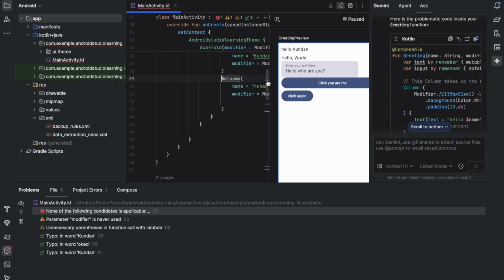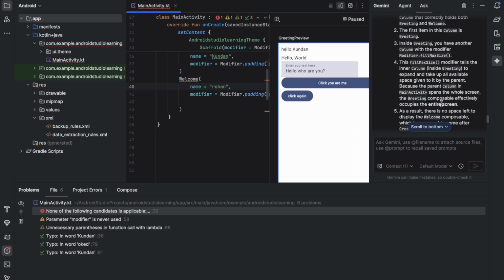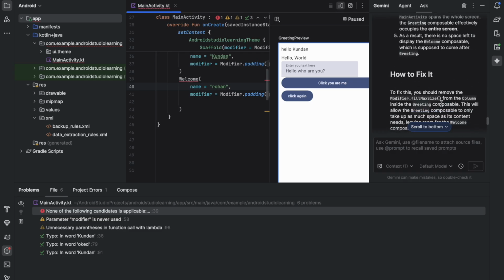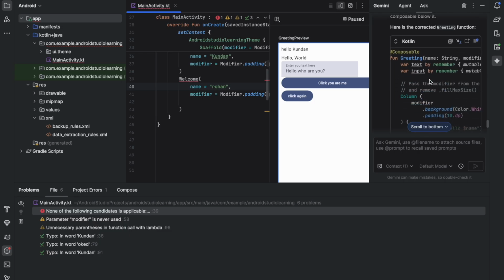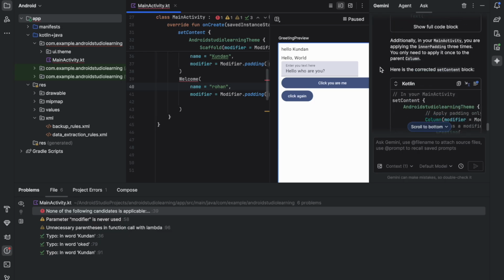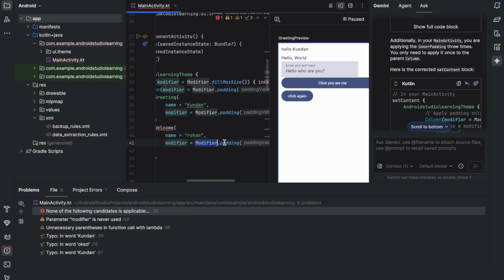The main problem comes here, welcome. I'm not sure what I did wrong. So I will just ask that again. How to fix it? You should remove that. Okay, I remove that. Additionally, in your main activity you are applying inner padding 3 times. You only need to apply it once at the parent column. Okay, so I just need to remove this one